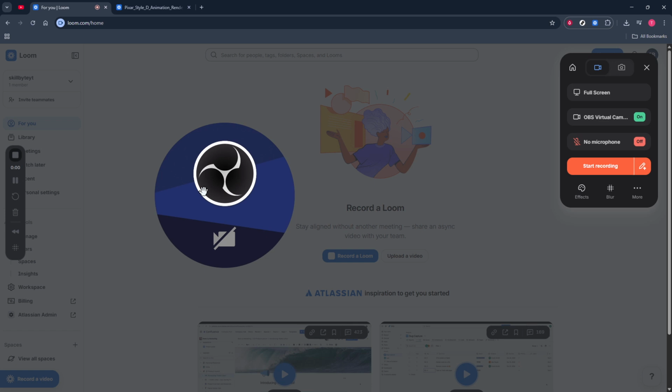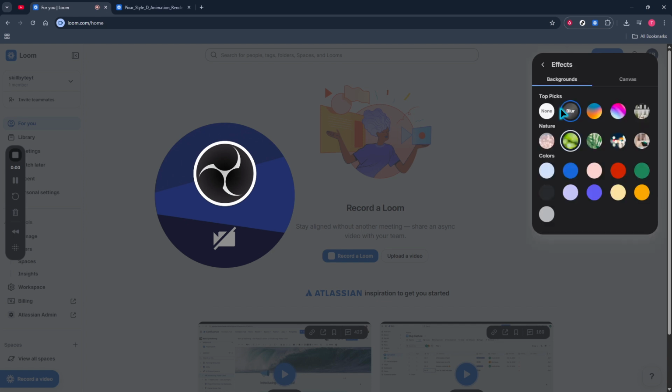If the blur looks a little soft around the edges, try sitting a bit farther from the background and facing your light. This gives Loom clearer separation, so your outline looks natural and crisp. Speak and move as you normally would. The blur will follow you as you gesture or turn your head. Keep in mind that